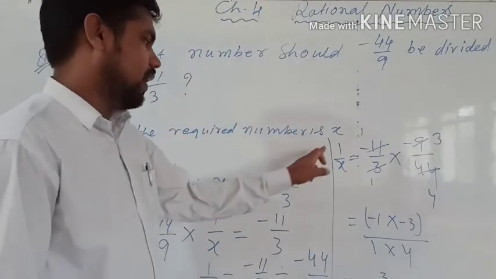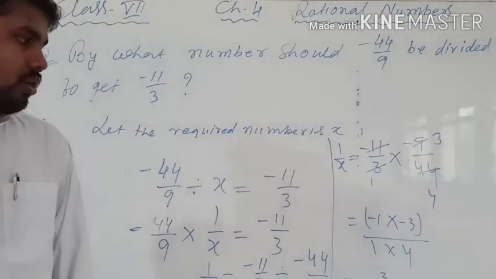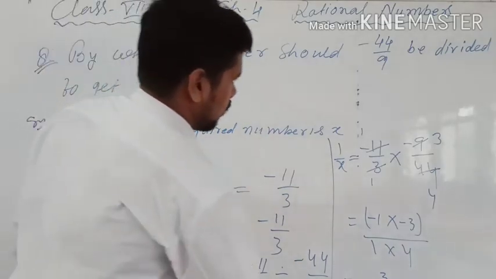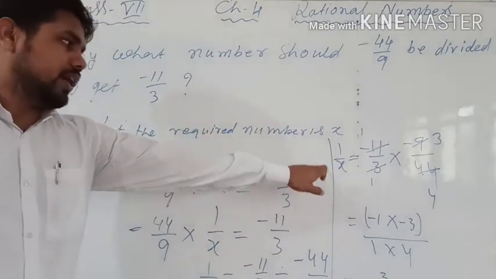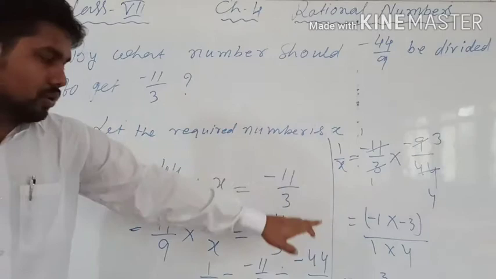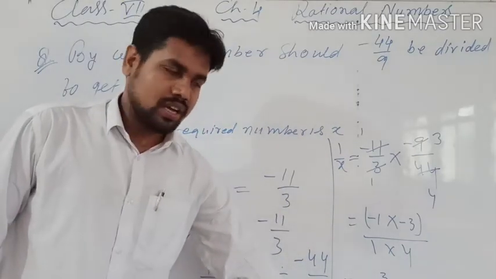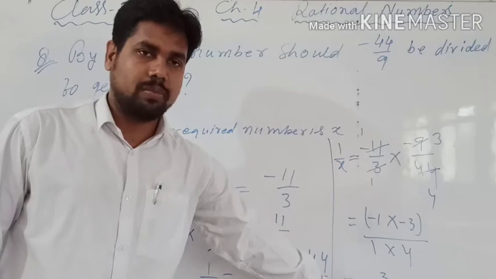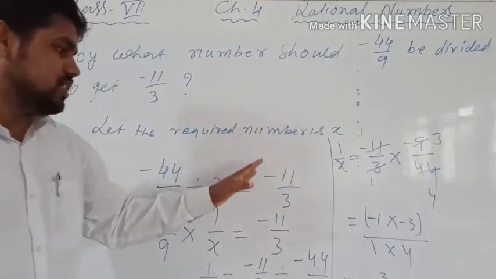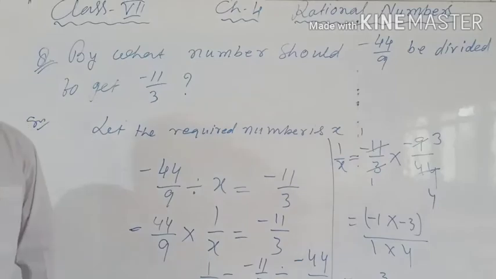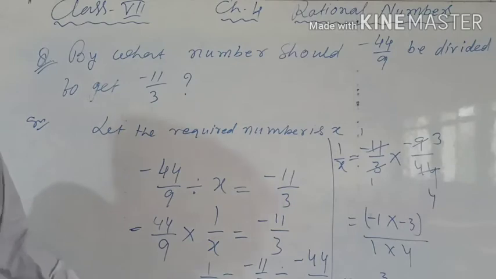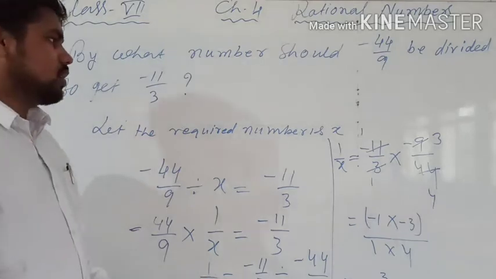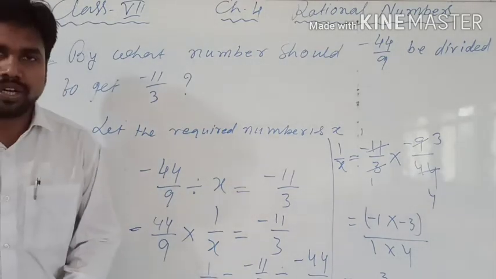So 1 by x is equal to 3 divided by 4, so x will be equal to 4 divided by 3, the inverse of that. Here you have to consider x. Someone may write up to 3 by 4, but 3 by 4 will be an incomplete answer. After that you have to change into the reciprocal of x also. If you change it to the reciprocal of x, it will be 4 by 3. 1 by x is 3 by 4, so x by 1 will be 4 by 3. So this is how the required answer will be 4 divided by 3.